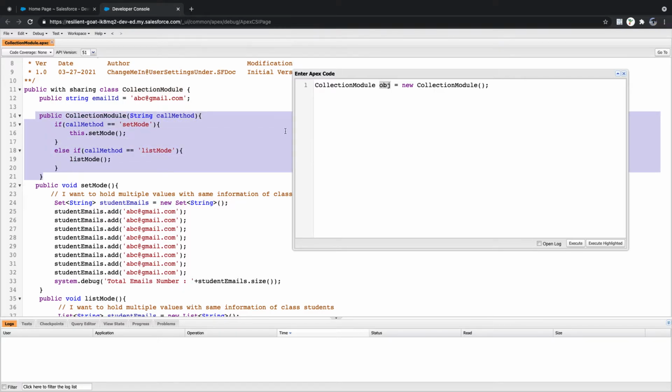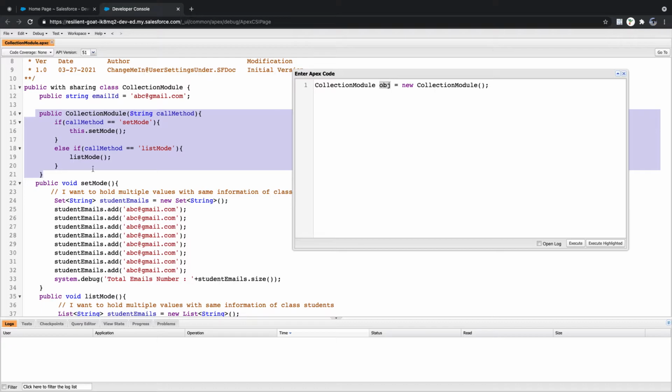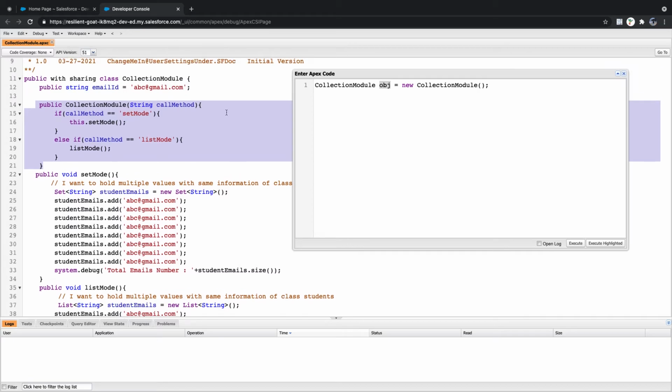It means whenever I want to create an object, I have to use the constructor written in the class, available as public. If something is private, you can't access it. So I'll be using set mode.